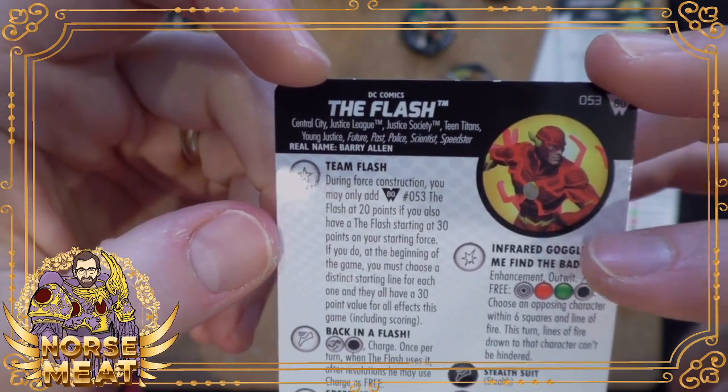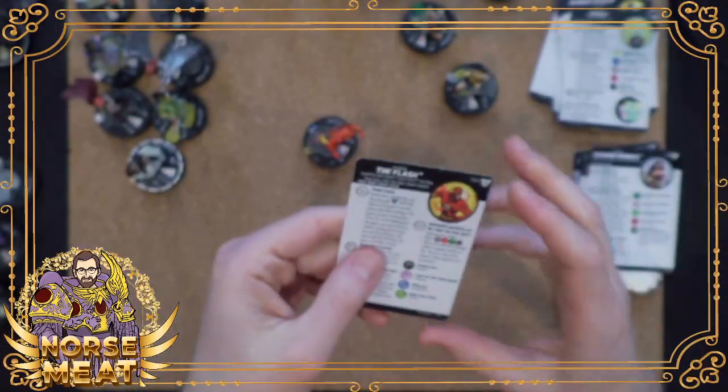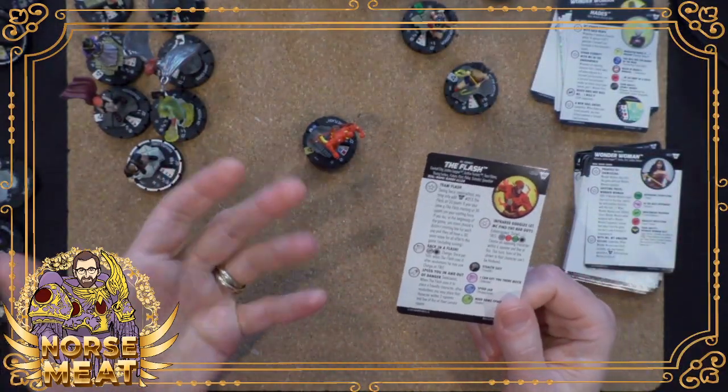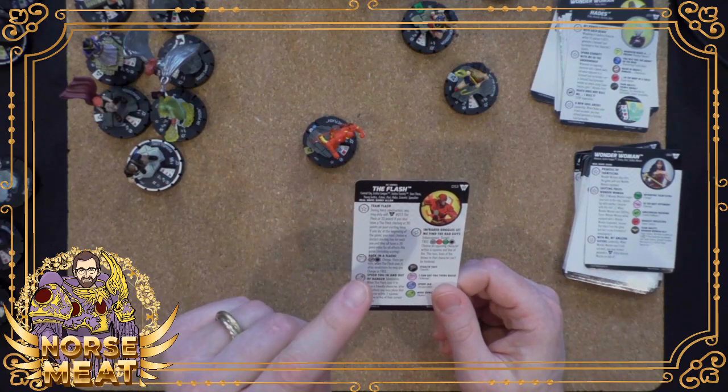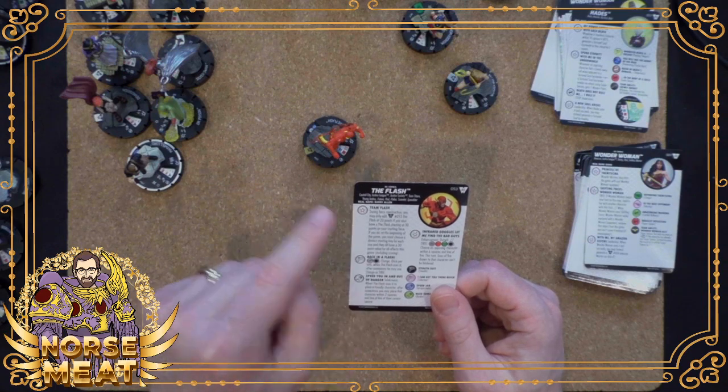And then the infrared goggles is a whole other thing. So yeah, like I said, it would be good if we got a little bit more understanding of what this is supposed to represent. The trait is called Team Flash, so I don't know if this is supposed...